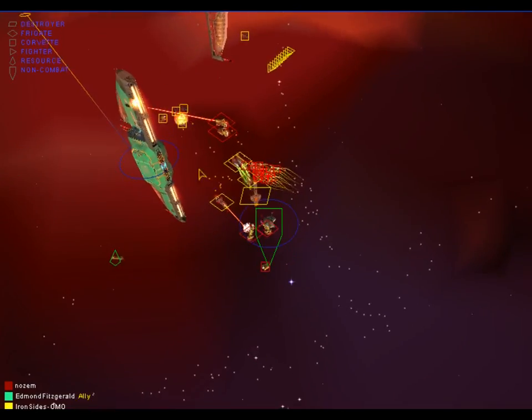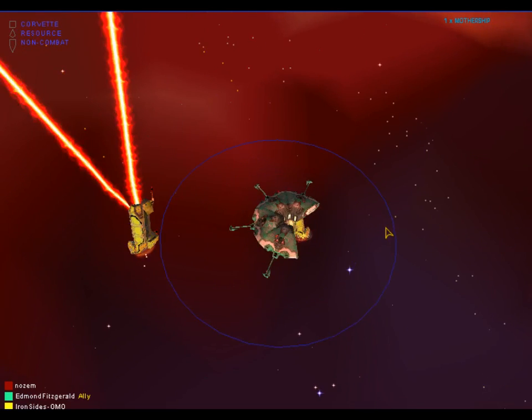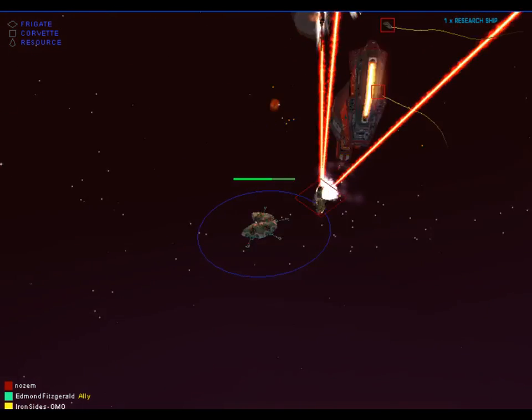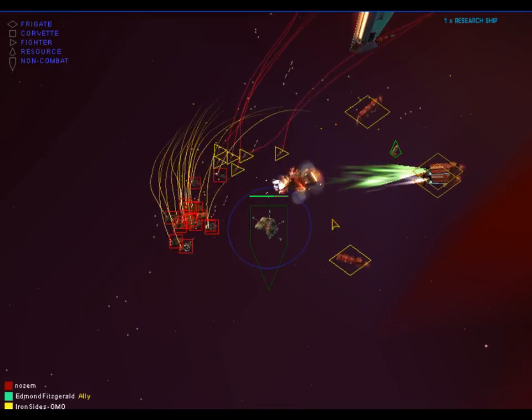As I said, there was a destroyer out earlier for EdmondFitzgerald. It was kind of trying to focus down the mothership, but it was in a bad position for most of the time. And did that just kamikaze into something? It might have done. And it's definitely trying again. It didn't really need to. This destroyer,